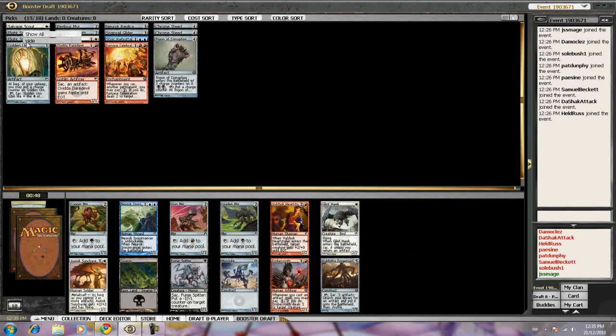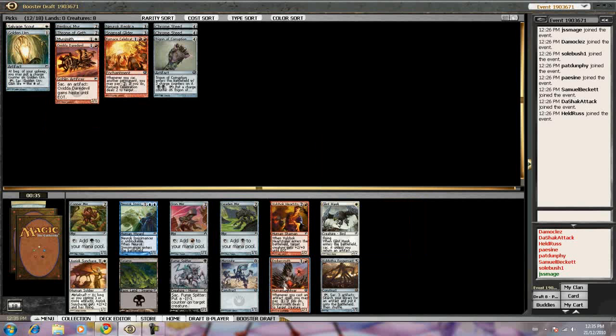It's just a little bit awkward because if I go blue, I lose those 2 cheap artifacts. But I'll find them again soon. I've got to take the Embersmith here. I'll lose a decent chunk of my deck, but